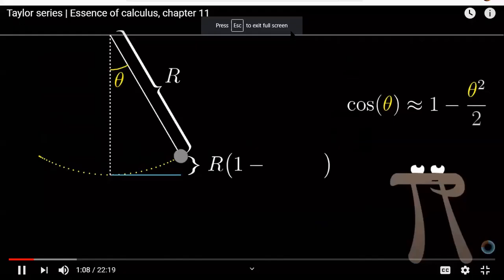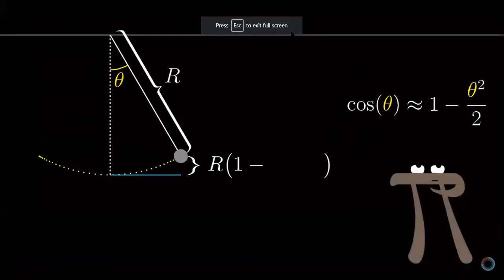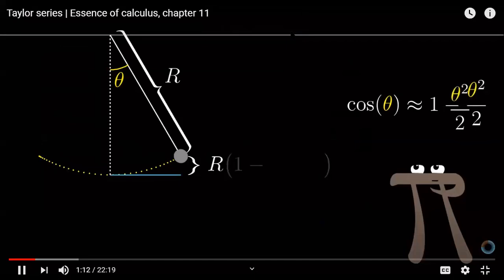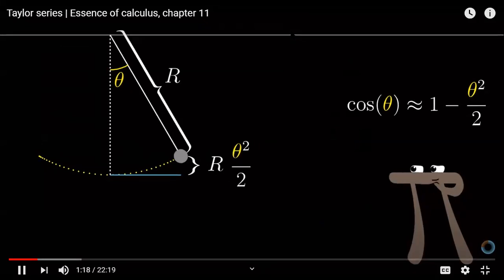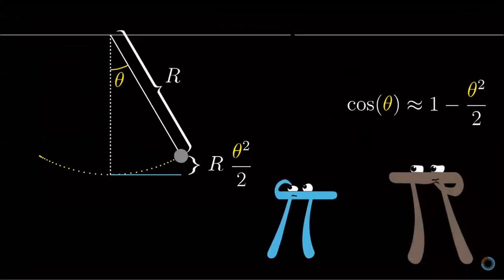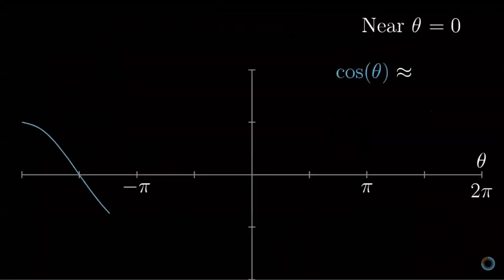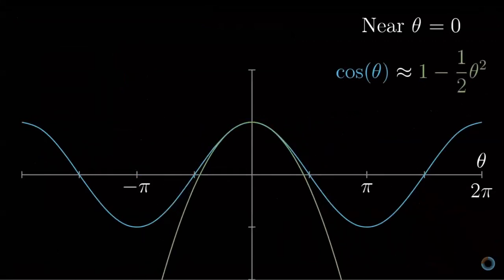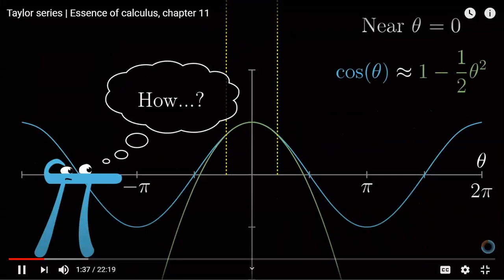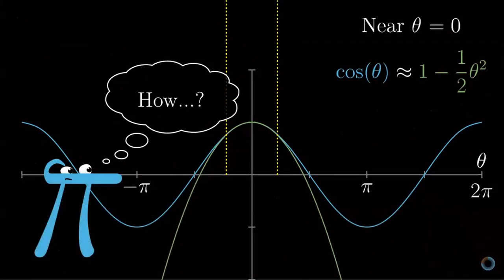But if you approximate cosine of theta as 1 minus theta squared over 2, of all things, everything just fell into place much more easily. Now, if you've never seen anything like this before, an approximation like that might seem completely out of left field. If you graph cosine of theta along with this function, 1 minus theta squared over 2, they do seem rather close to each other, at least for small angles near 0. But how would you even think to make this approximation? And how would you find that particular quadratic?